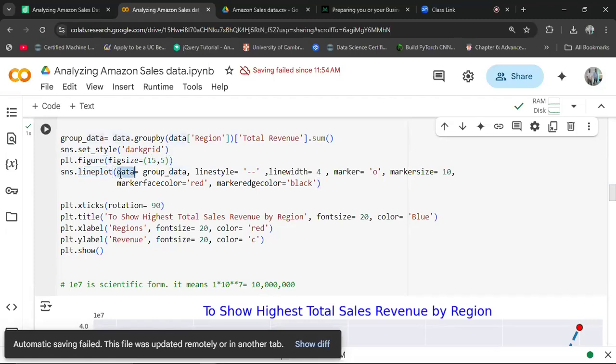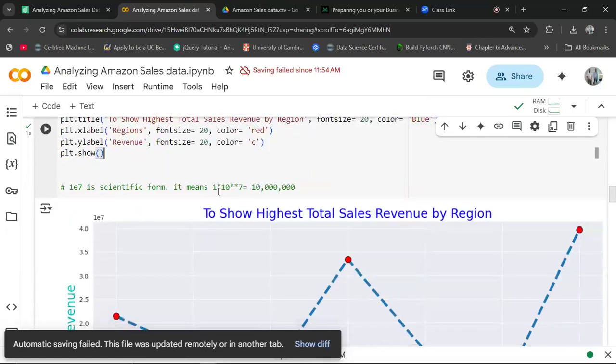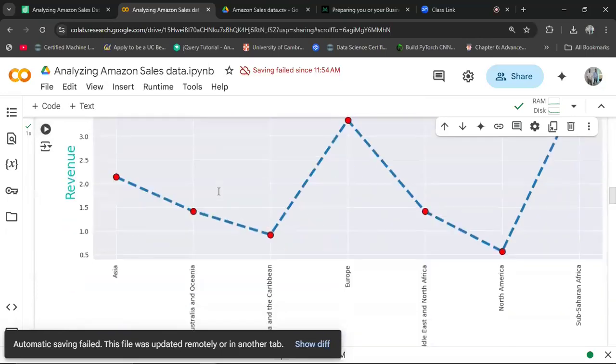The data that you want to plot is this group data. We can define the style of our line, the width, we provide the markers, and so on and so forth. Then from there, we can provide the rotation, give it the title, the X label, the Y label, and then show the graph here. After running this one, we are being told that this is the graph showing Amazon